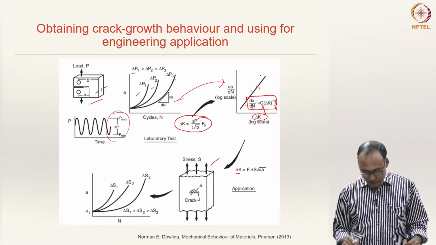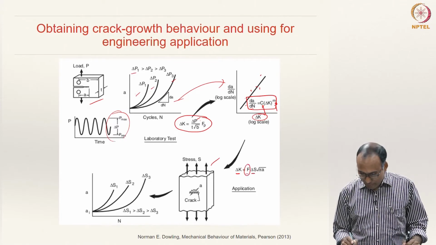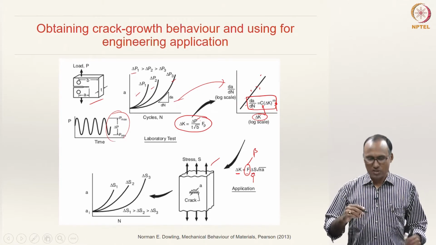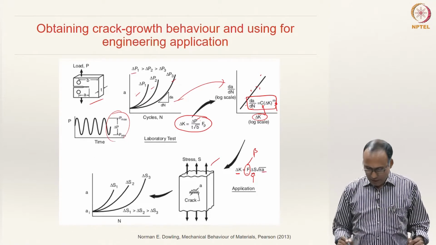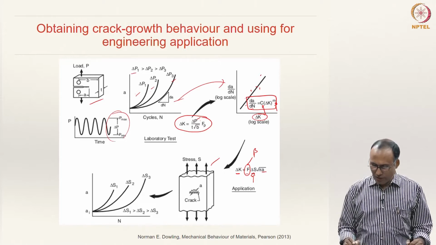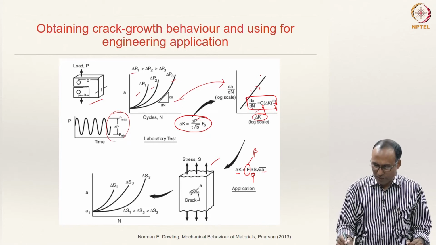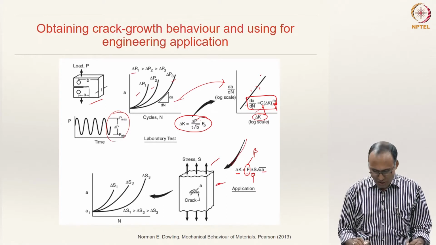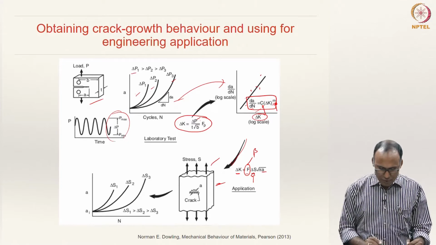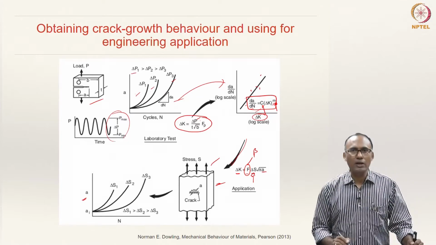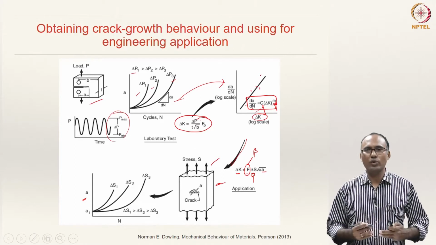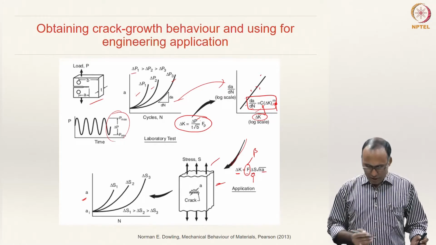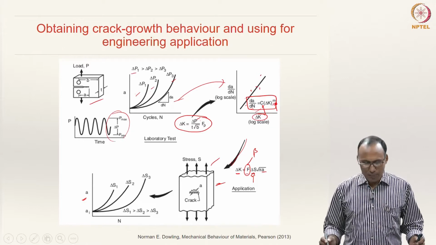So, your delta K equals F times the geometric factor beta, times delta S, the stress range, times root pi A, where A is your crack length, and then use whatever formula you have with the C and m you have obtained from the laboratory tests in the real life application, and you will be able to calculate from there what is my residual crack life, or how much more crack length increase can I accommodate based on the loading scenario that is there in the material.